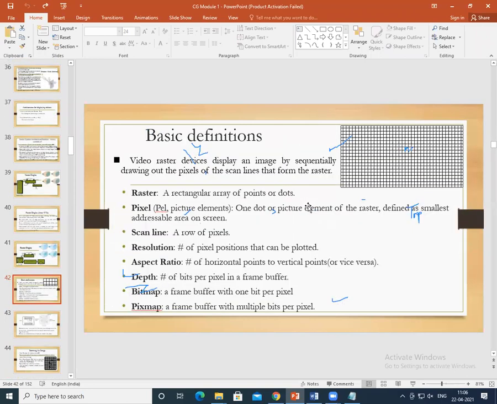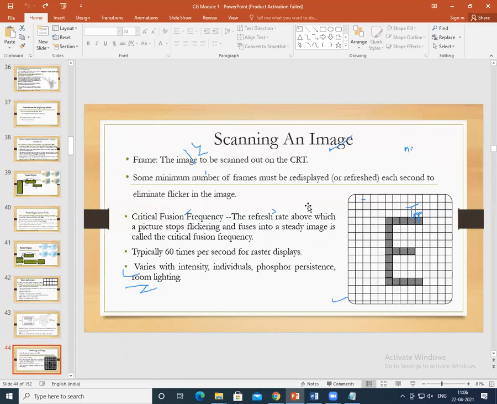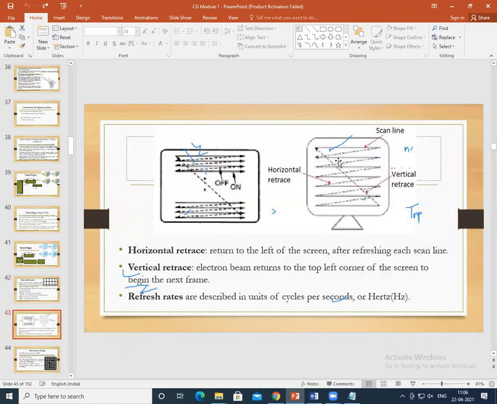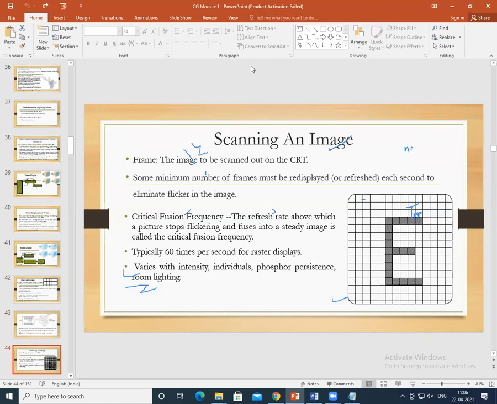So let me not stress on that as of now. See all of you, one of the scanning of an image, what you could see here.